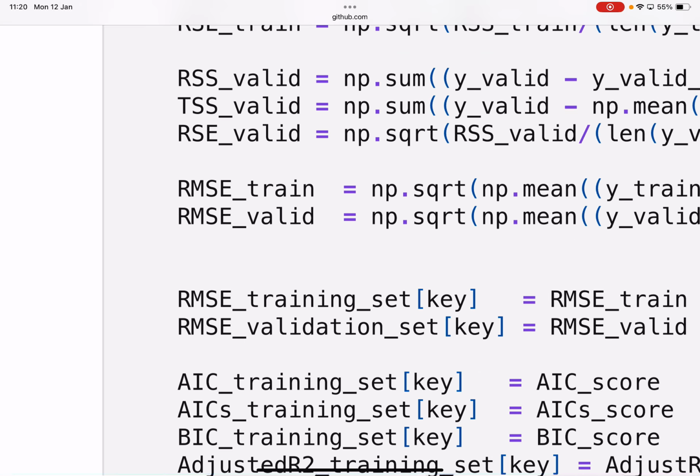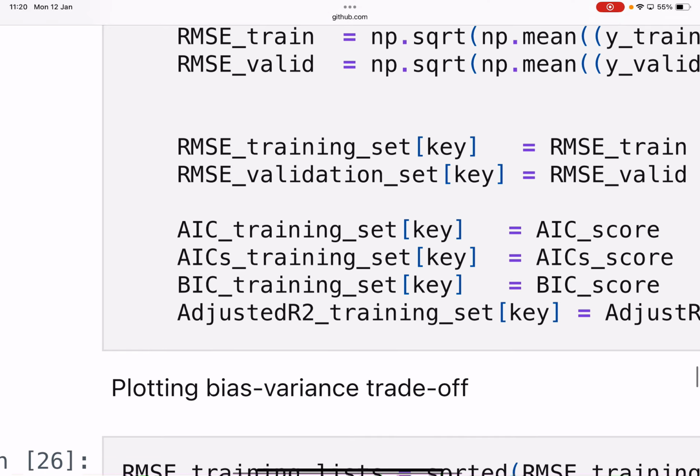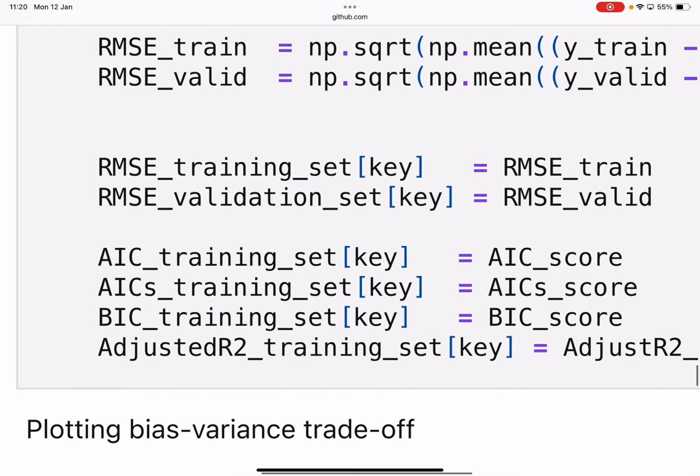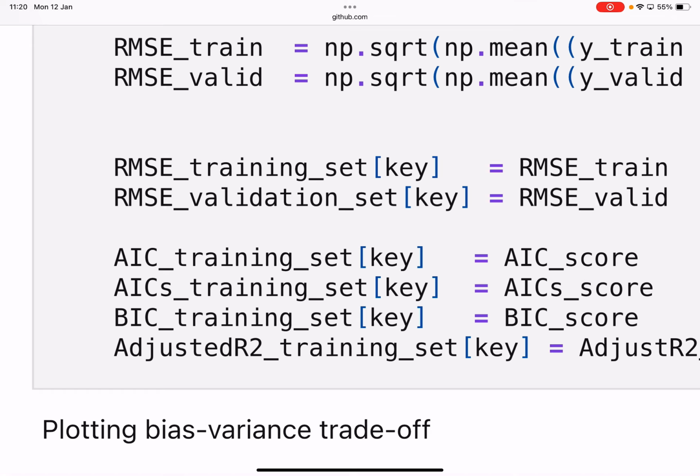I also calculate the RMSE, and after that, yes, BIC and AIC scores are going to be what we learned today. In fact, the AIC, BIC, and adjusted R-squared scores will be those scores that you use with just the training. You don't need to use it with the validation. Okay, there are some scores that will need you to use validation and some scores that you calculate with the training, or maybe you can do just fine with the training. Anyway,